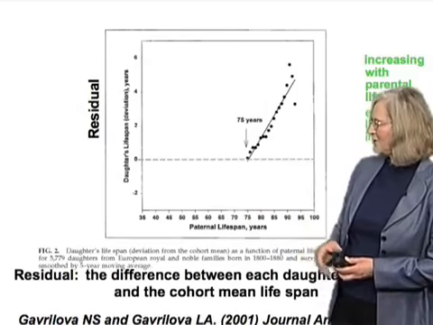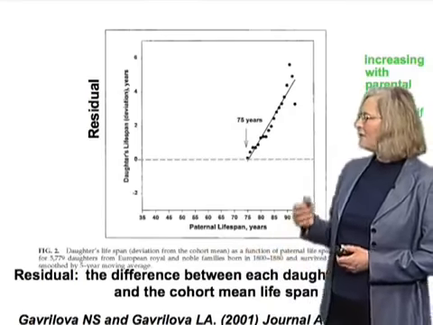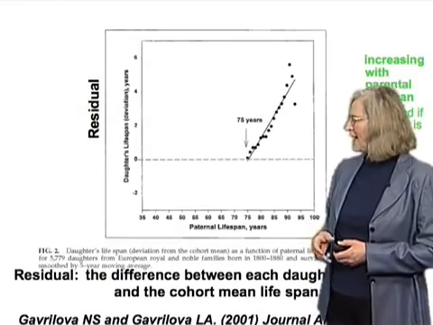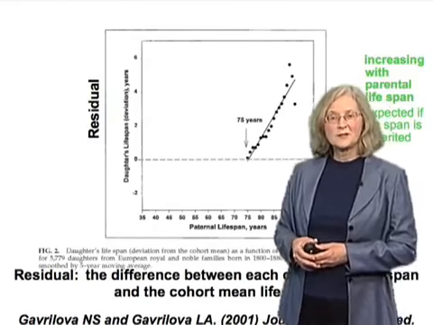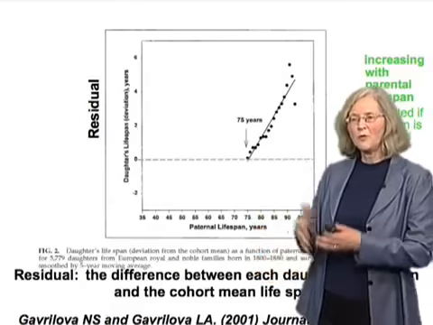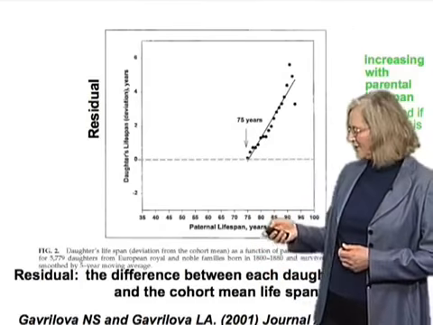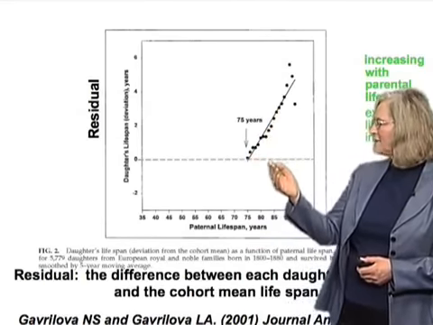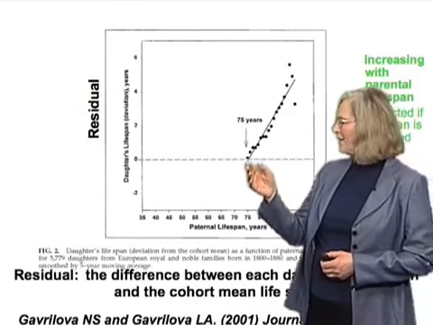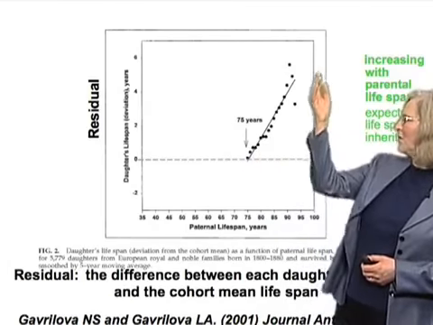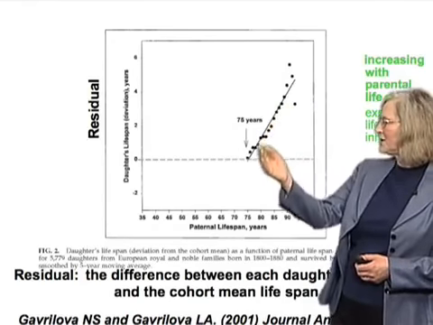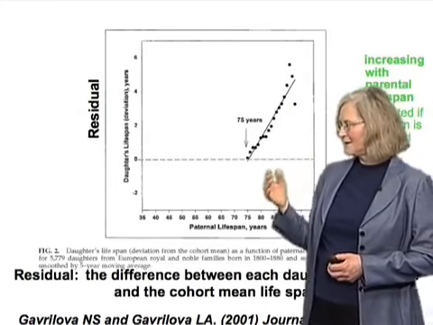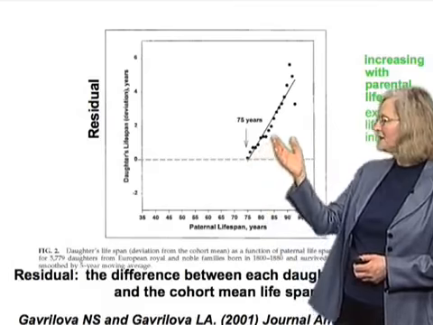But it was very similar to what I've shown you here for the paternal lifespan. And the relationship was this: if you looked at daughters who lived to be a certain age and asked what their life expectancy was compared with the rest of the daughters who were born in those same years, and compared with how old their fathers grew to be before they died, in other words, what was their father's lifespan, for people who had fathers who lived to be 75 years and older, there was really quite a strong relationship between the greater the father's lifespan was, the greater the chance that the daughter would live longer than expected.